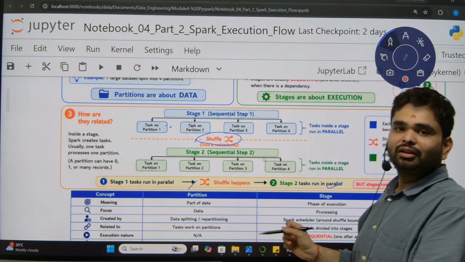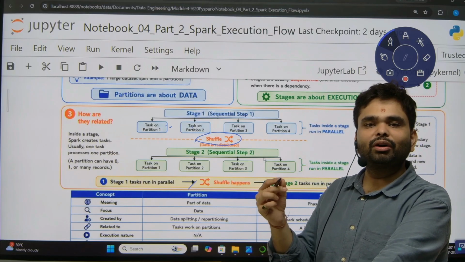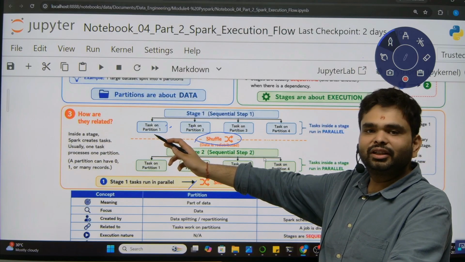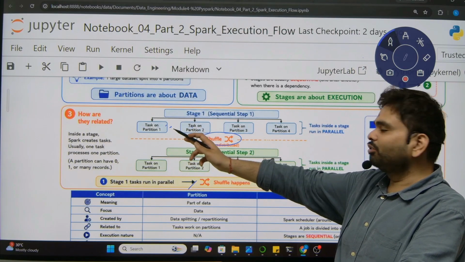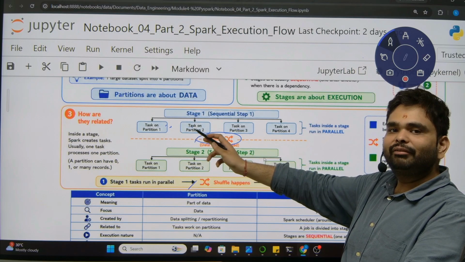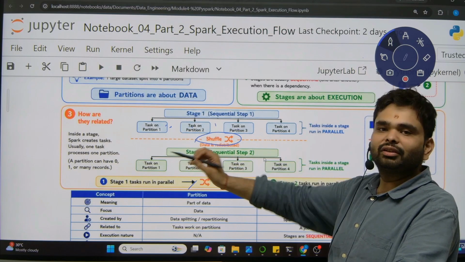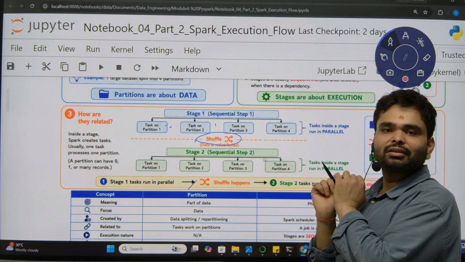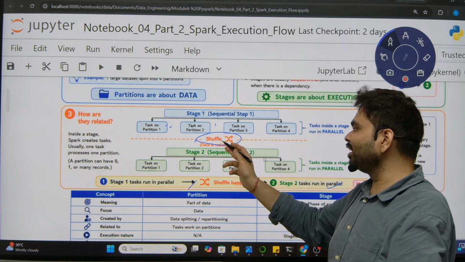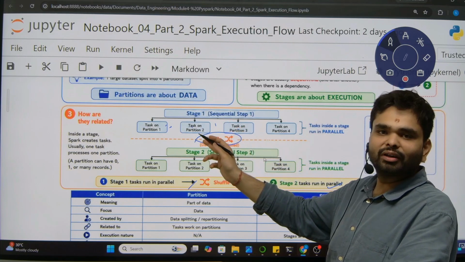Shuffle means, for example, you are using the group by function. We are grouping the number of customers using the city. In partition 1, we have 3 Delhi customers and 4 Agra customers. In partition 2, we have 1 Delhi customer, 5 Agra customers, 1 Chennai customer. So it will reshuffle. It will combine the Delhi customers together and combine the Agra customers together. So shuffle is the step which will arrange your data and arrange your execution according to the common key.